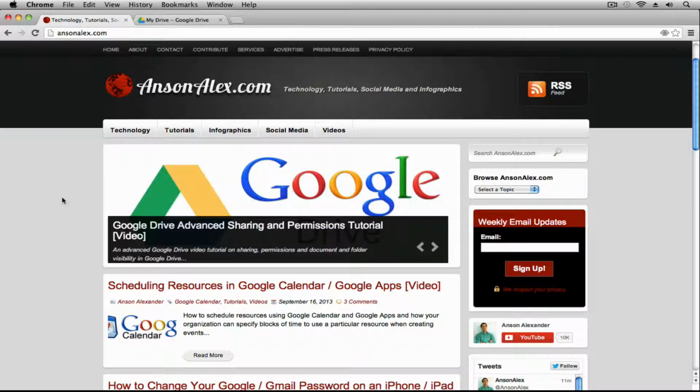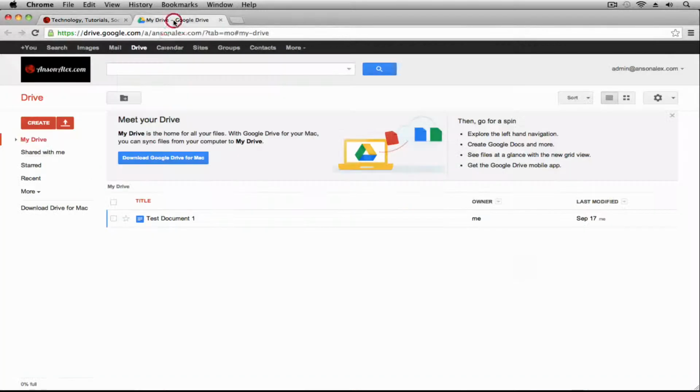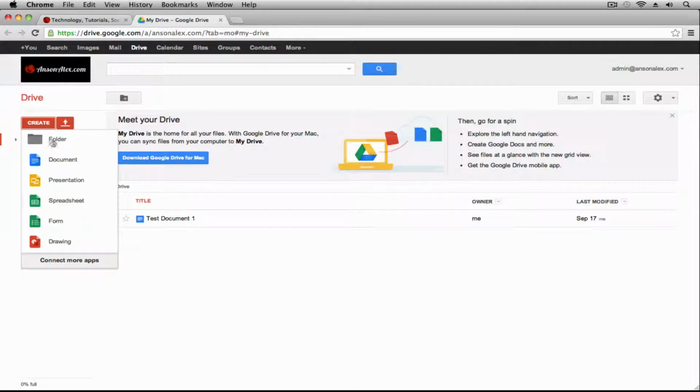So what I'm going to do is go ahead and move over here to my Google Drive account. And this is a test account, so I don't have that much information in here yet. But where these third-party applications are available is from the Create menu. So if I go over here to the left side of my screen and I click on Create, you'll notice